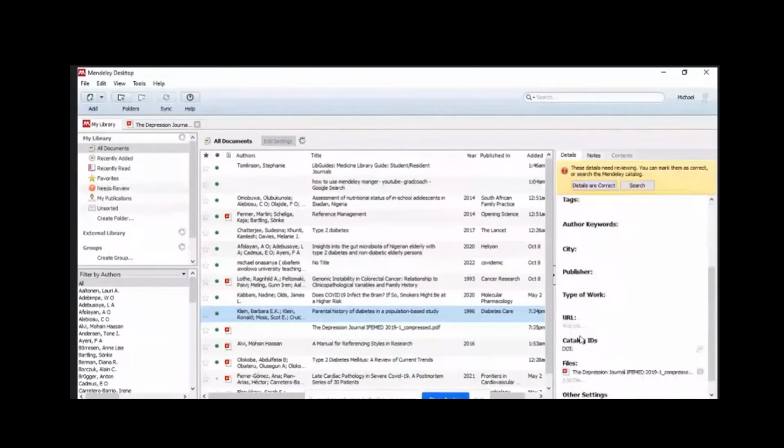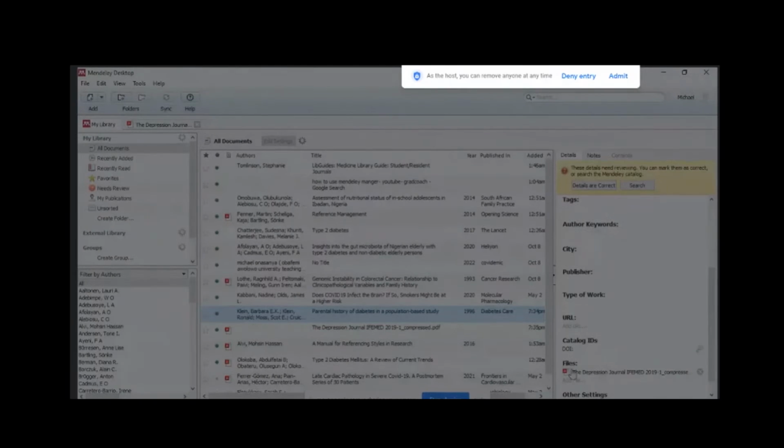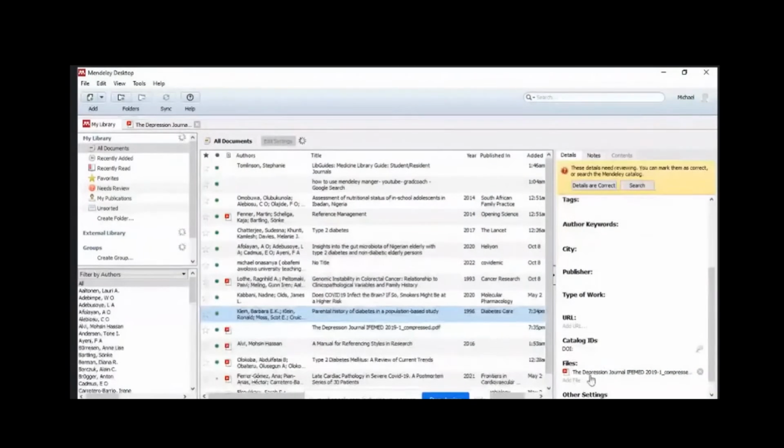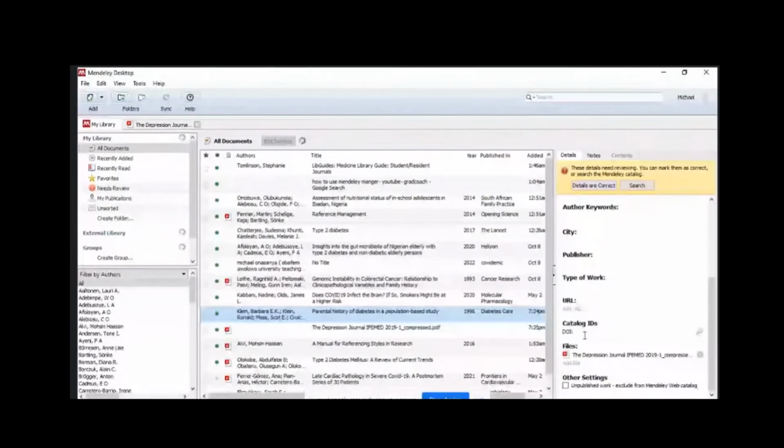It's going to give you everything, the DOI. So all the information is present here. That is what Mendeley will do for you. It is that good.